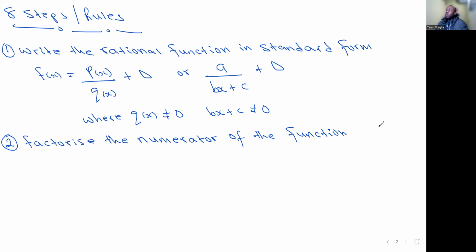Okay, you factorize the numerator. So I'm talking about the px here. What I'm referring to as the numerator is the px. Now, in this case, you have a constant, you don't really do anything. But when you have a polynomial of any type, a quadratic, a cubic, any form, now you have